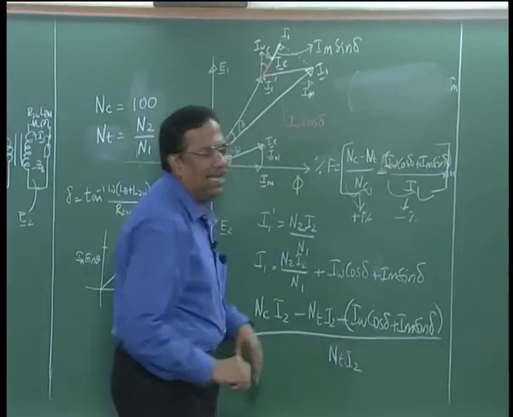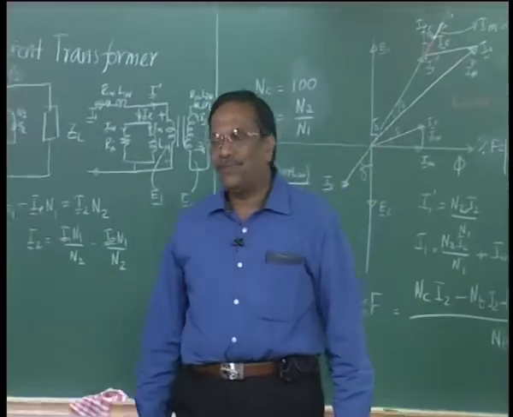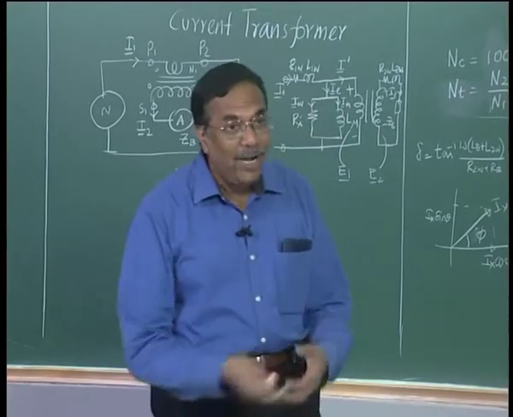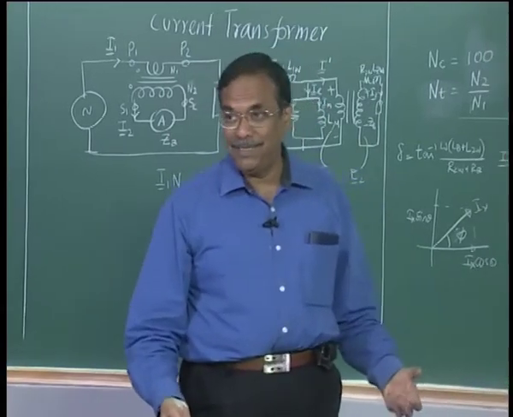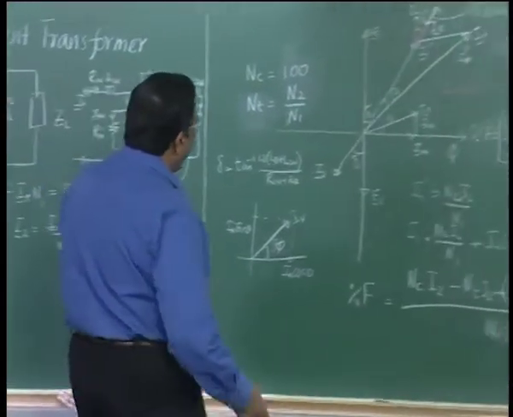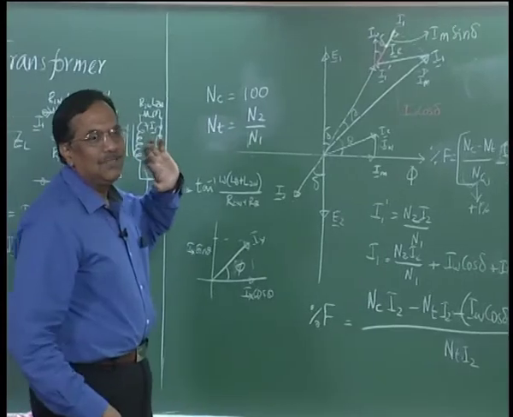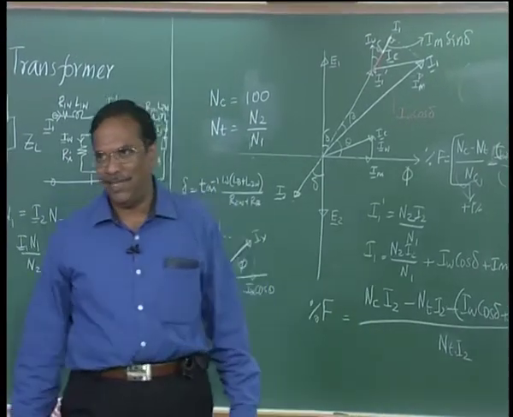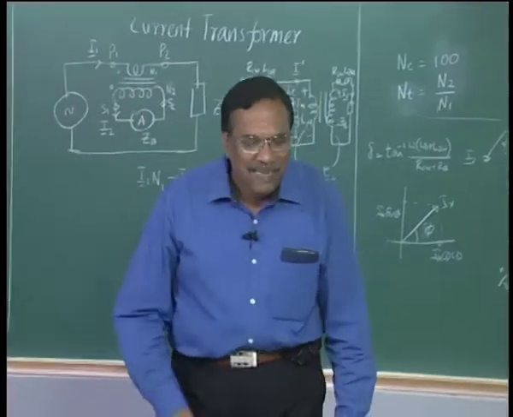Now what is the total error percentage? Plus 1% minus 1%, that will become 0. I get a perfect current transformer, right. Getting a 0 error from an instrument is always welcome, okay. That is what we need. I do not want any error in my measurement. So by making the turns ratio slightly different from the nominal ratio of the current transformer, we can compensate for